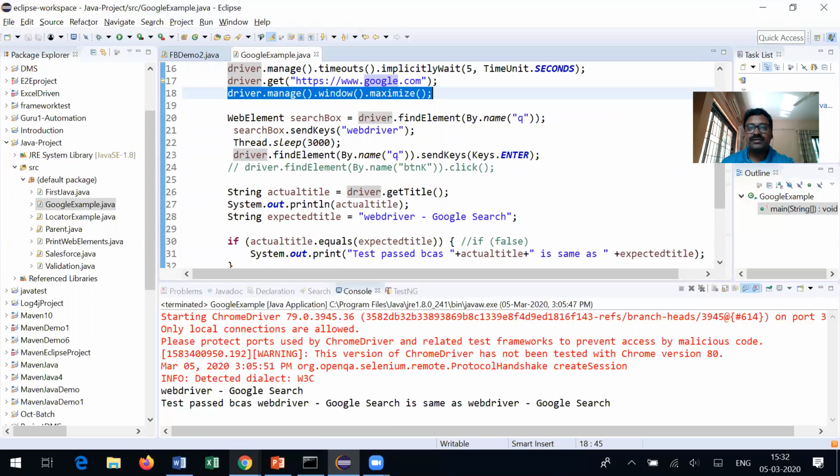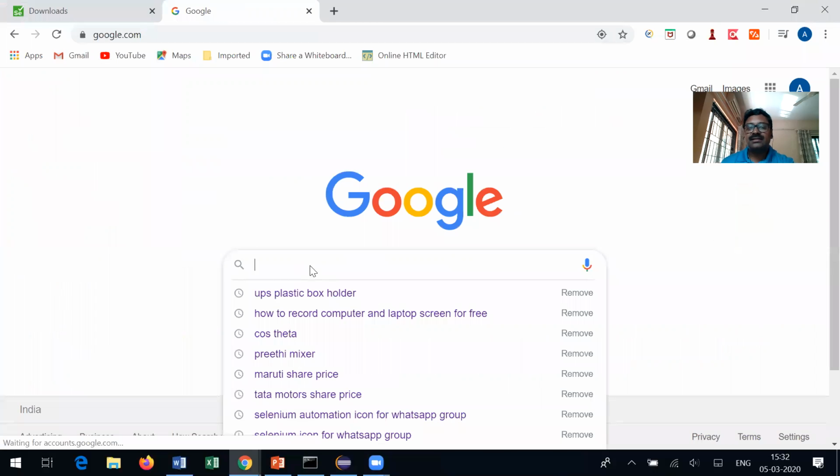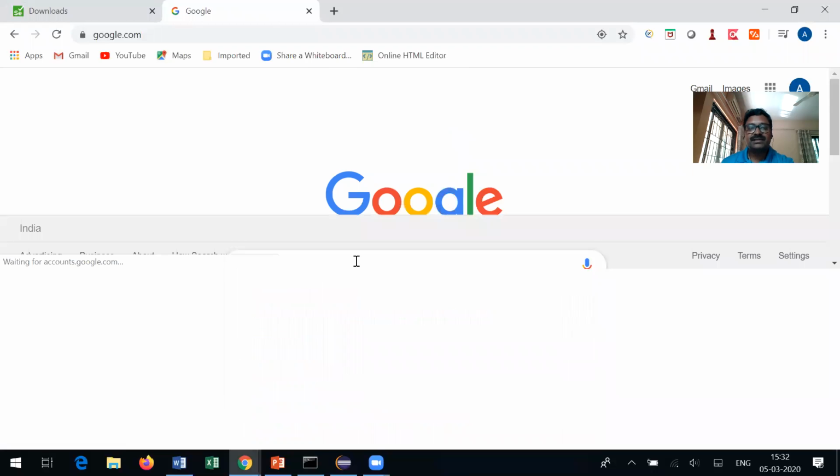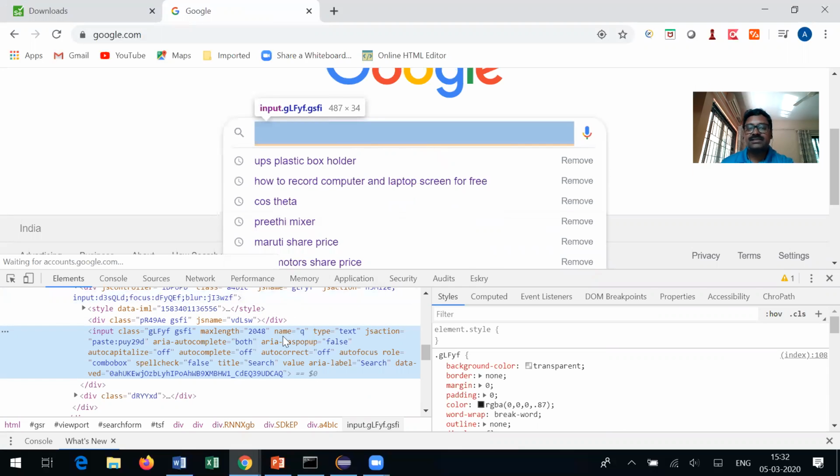So basically, how do we do that? Go to google.com and right click on the text field, inspect the element, web element, and as you can see here, name is q, which is in the double quotes. So we can identify the text field using the name of the object. As you can see, when you do the mouse over on this, a blue line is highlighted on the text field.